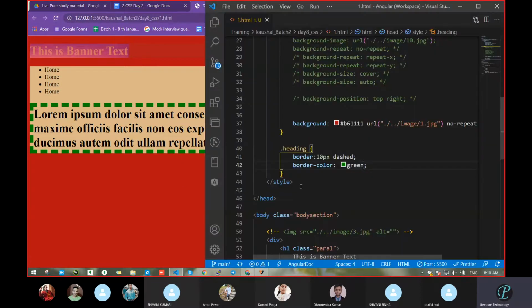It worked the same because previously we had written in the shorthand notation and now we have written in the separate notation, because every time you will not get only shorthand. In the background case we never write this way, but you can, not an issue. But in case of border we always go with this way itself, because it's simple, you can just pass it directly. But if you want, you can go with border dash color this way, separate. Both output will be the same. It's not going to matter what the output is. Let's save. We got this one.